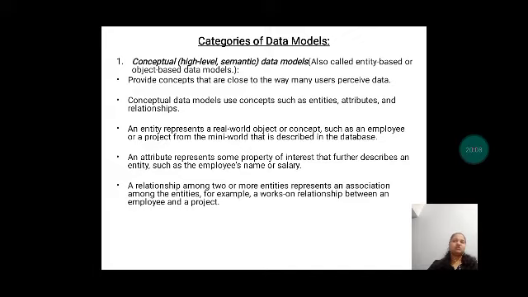So what are the associations among the different entities? Here employee is one entity if we consider, and project as another entity. So employee works on the project. So here the relationship between the employee and the project is "works on". Employee works on the project. Okay,